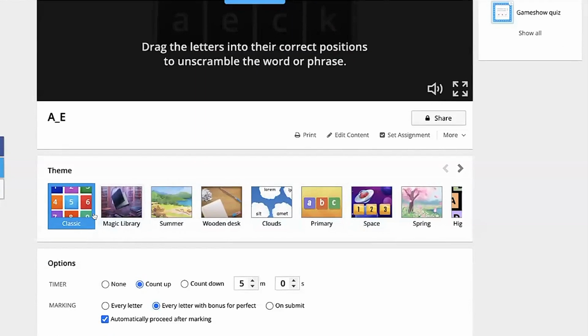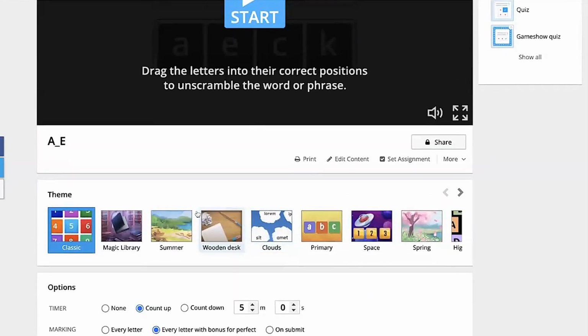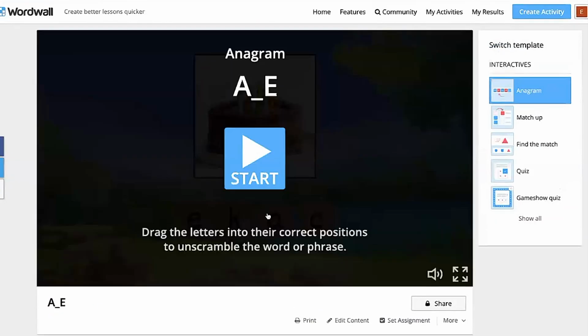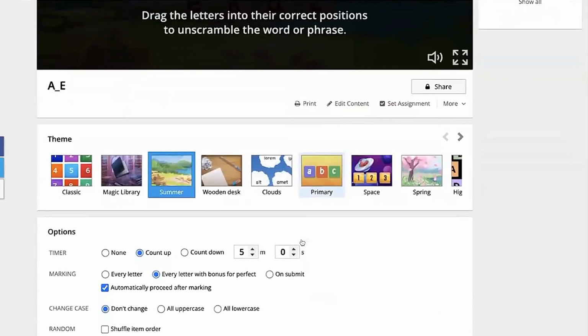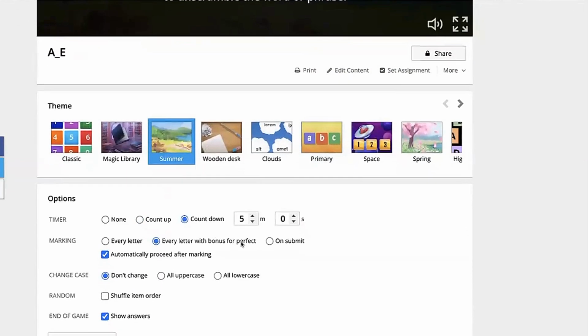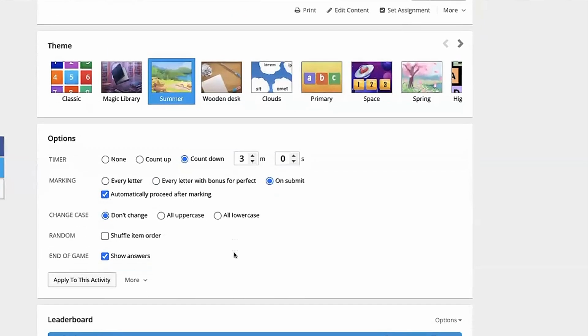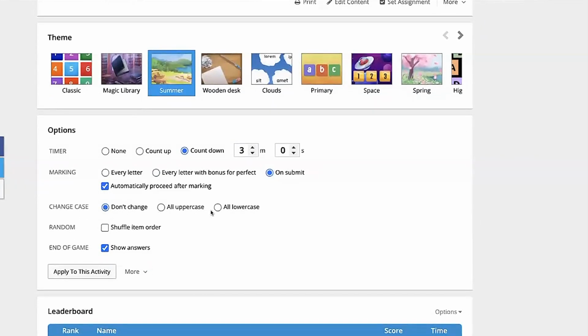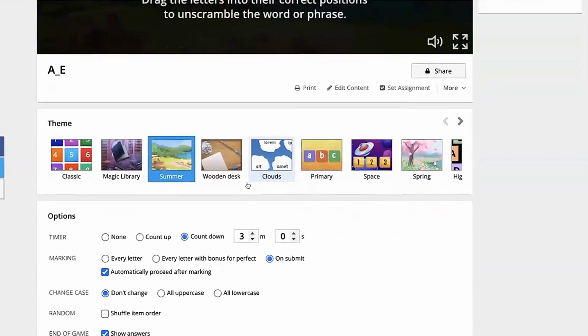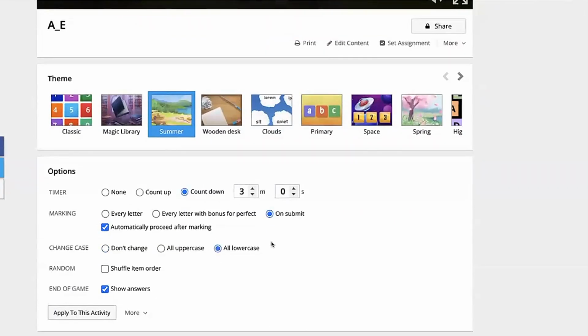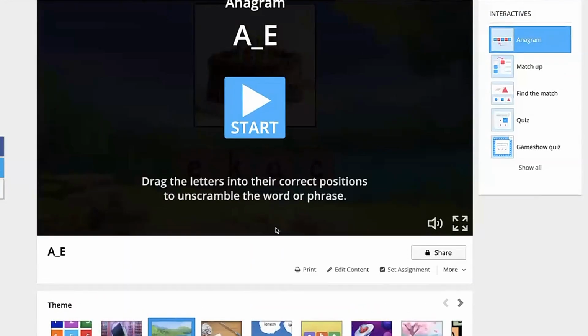Down here, you can pick the different themes. Let's say you wanted to do a summertime theme. And you can do a countdown. Let's see, there's only 5 words. Maybe you're going to see if they can figure it out in 3 minutes. You can change the case to all uppercase or all lowercase. What do I even have there? I'm just going to do all lowercase. And then